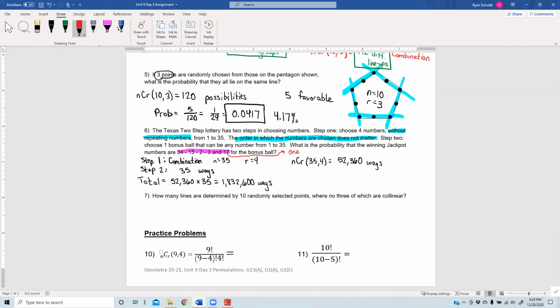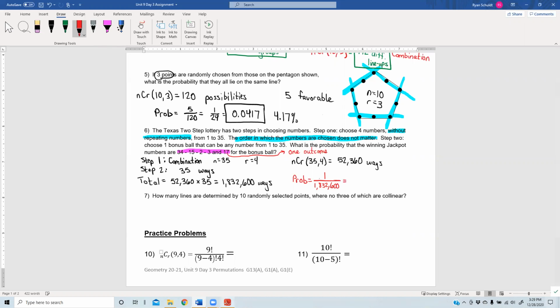This is just one outcome. Let's say those are your numbers. So the probability that you win would be 1 over 1,832,600,